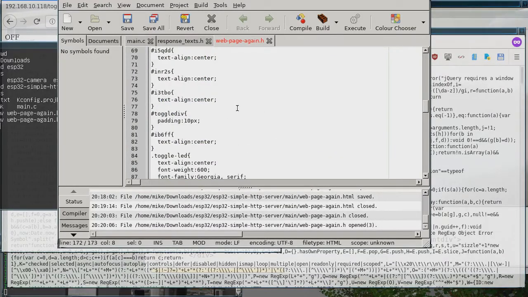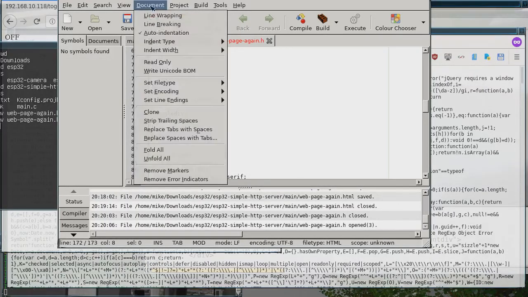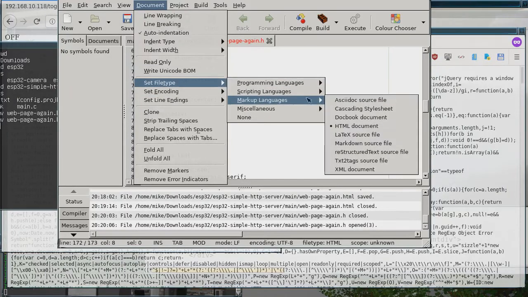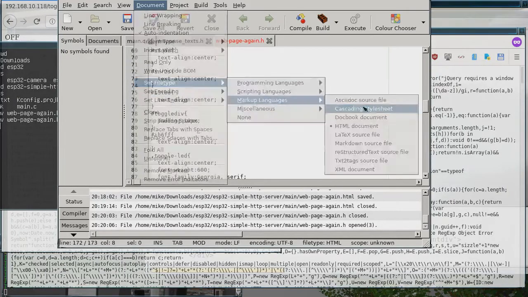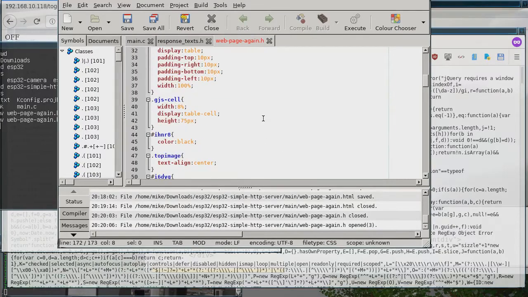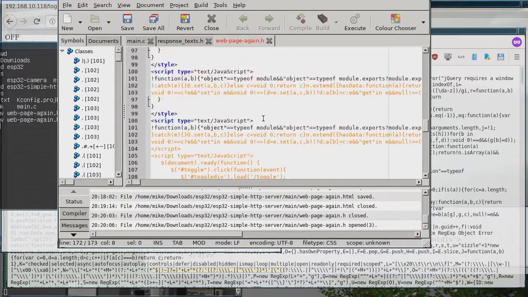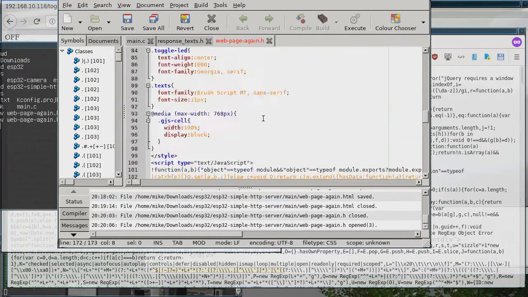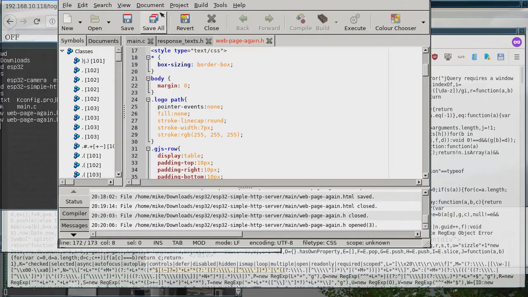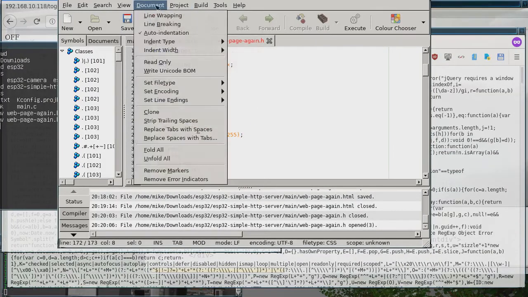And then if you don't like the fact that the CSS isn't, you can just go CSS, and then that's all nicely colored in. And of course your HTML's messed up. But the easiest thing is just not worry about the CSS and just go back to